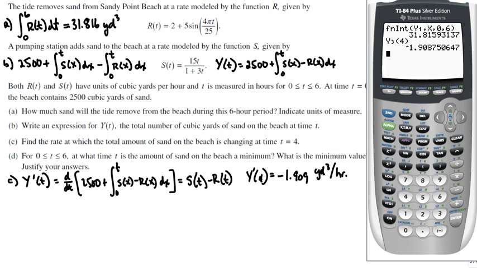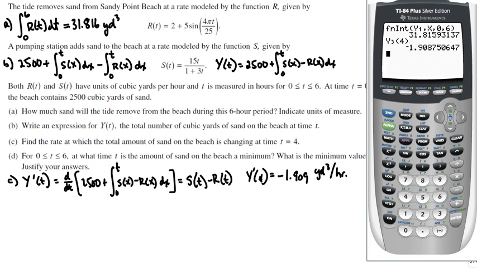For part D of this problem, we're asked for time between 0 and 6, at what time t is the amount of sand on the beach a minimum? And what is the minimum value? Justify your answers. Well, from the function that we have here for the derivative, y prime of t,